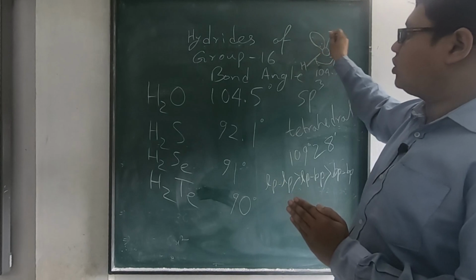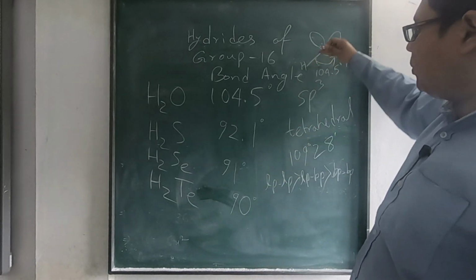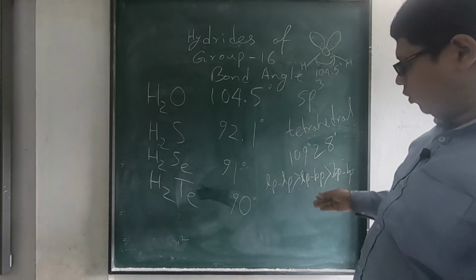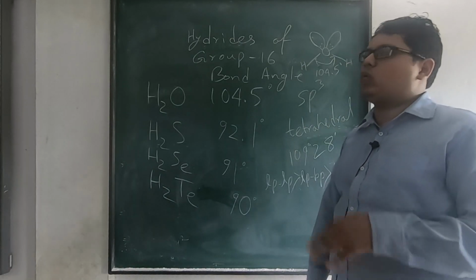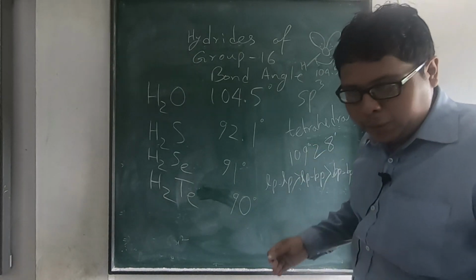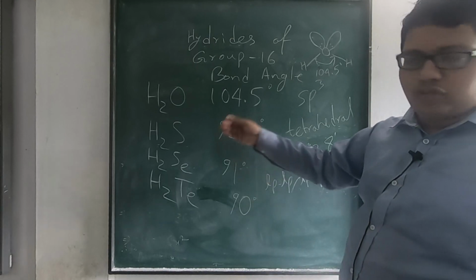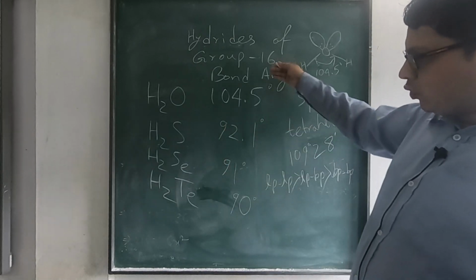So because of the repulsion due to the lone pairs of oxygen, it will be pushed closer. The bond angle will become smaller. From the supposed 109 degree 28 minute, it will come to 104.5 degree, okay? And when it comes to even further, the H2S, H2Se, H2Te, as you can see from the